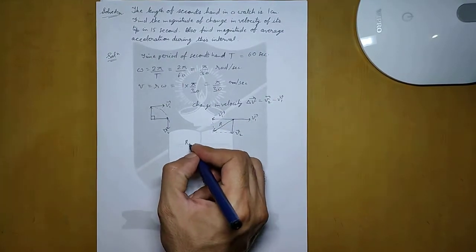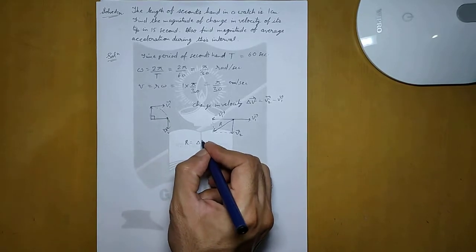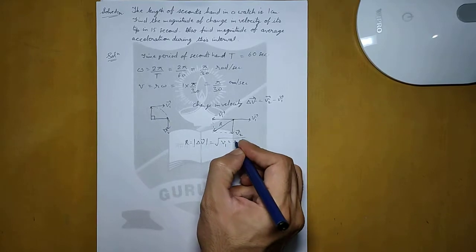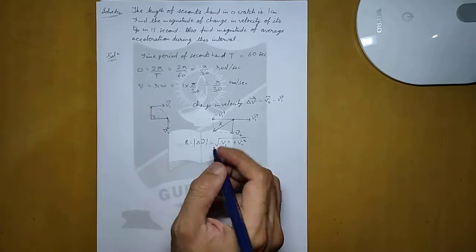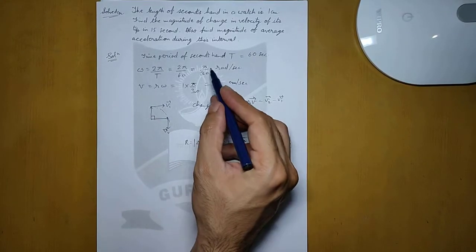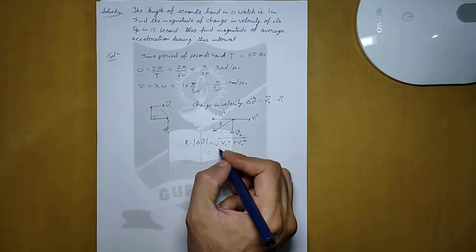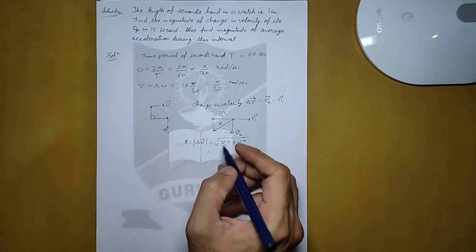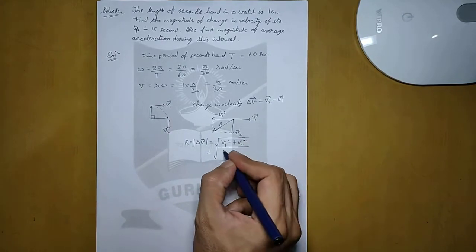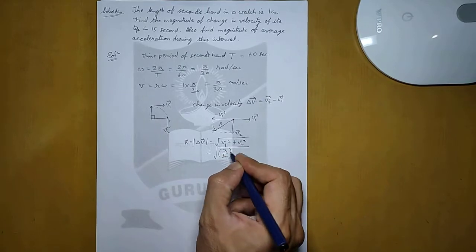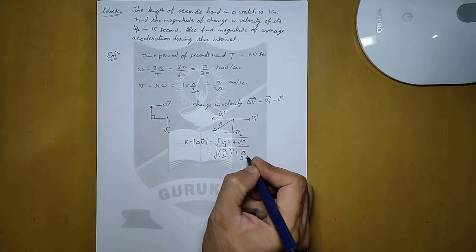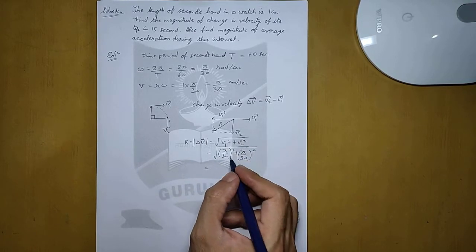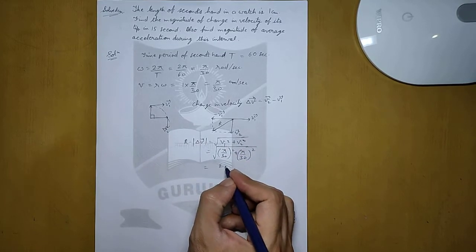Now we know that the value of this resultant, which will give us the value of delta v, is equal to v1 square plus v2 square. Now both v1 and v2 are pi by 30, only that the magnitude is same, only the direction is changing. That's why we have to find out the resultant. So that means it will be (pi by 30) square plus (pi by 30) square. So if you solve this, it will be 2 (pi by 30) square